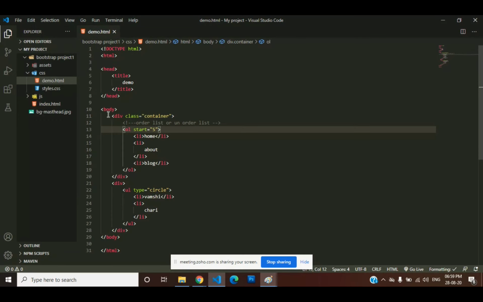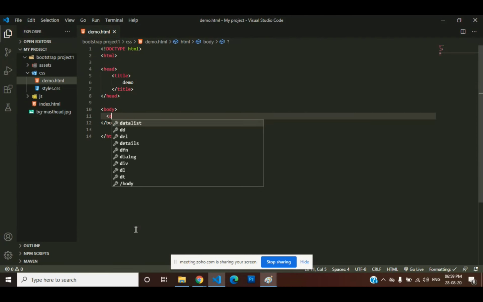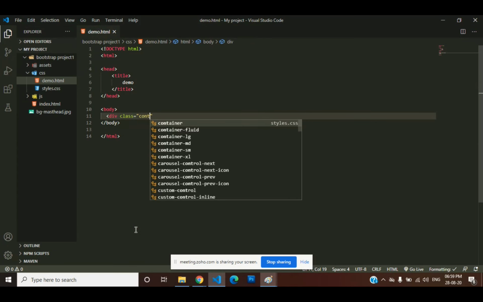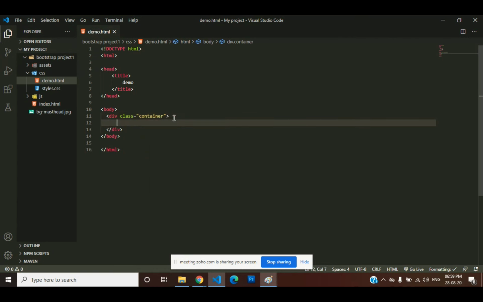Here, I am removing this content from the body section. Just observe what I am doing. Don't bother about it. I am taking a class as container. This is my room. I built one room. Then I want sub rooms in that.